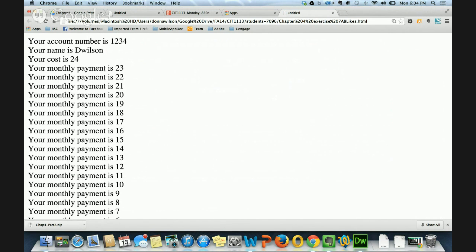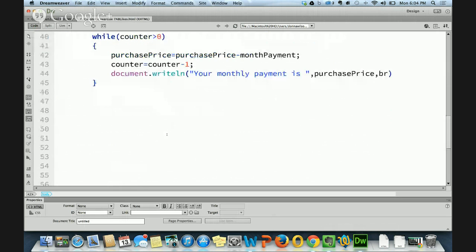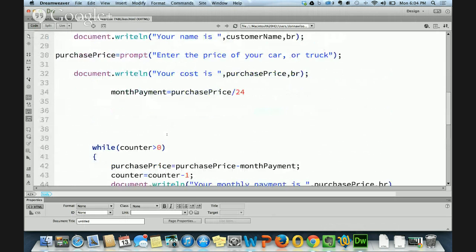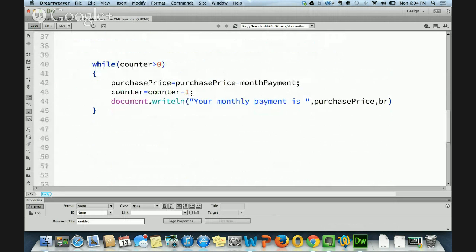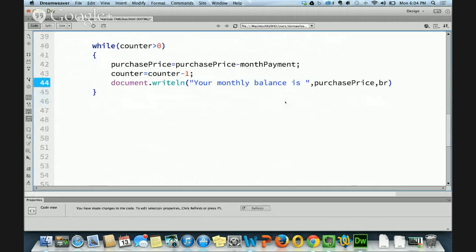Your monthly payment is, only this was incorrect in his. I forgot I needed to fix that. This says monthly payment. That doesn't make sense. That's not his monthly payment. It should say monthly balance. Yeah, your monthly balance is, and then we would say,